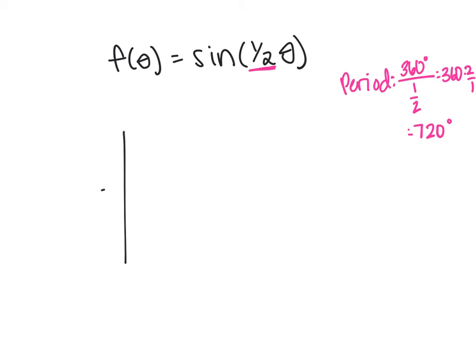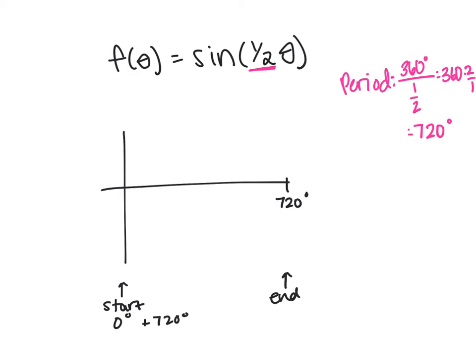So we draw out our axes. There's no phase shift, so our start is still going to be at 0. The end of our graph is going to be at 720 degrees. So now to figure out how to divide this up, two options. This time I'm just going to figure out the tick marks. So to figure out those fourths, just take 720, divide it by 4 again,